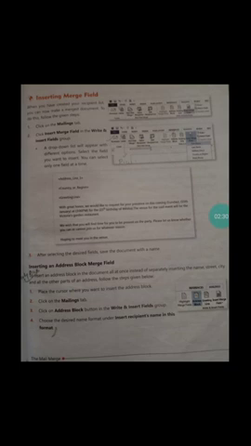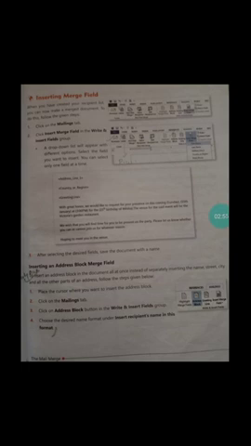Inserting an address block merge field. To insert an address block in the document all at once, instead of separately inserting the name, street, city and all the other parts of an address, follow the steps given below. First, place the cursor where you want to insert the address block. Click on the Mailings tab. Click on the Address Block button in the Write and Insert Fields group.